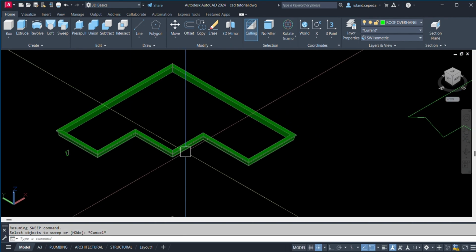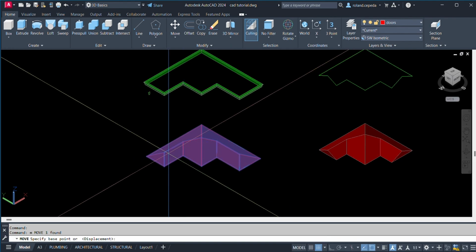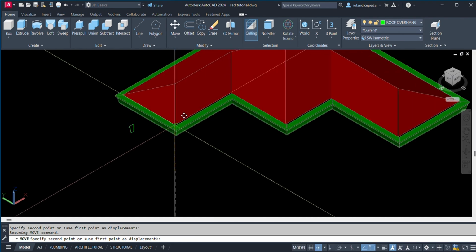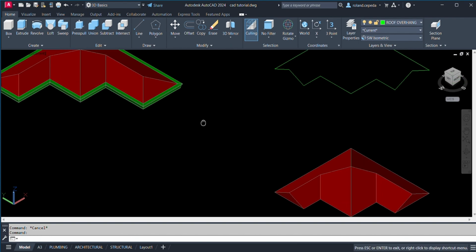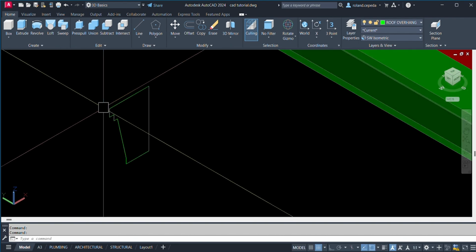So there you go. So let us move this one to this one. That symbolizes gutter.